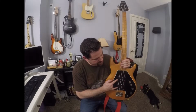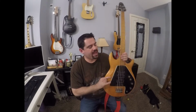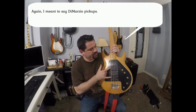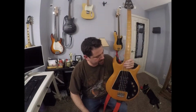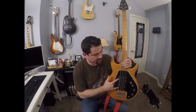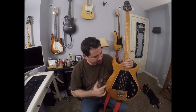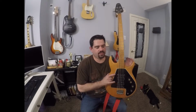What I'm guessing is they were trying to get a combination jazz bass, P-bass sound through buying the DiMarzio pickups. I don't know what the number was back then. I would say they're probably the vintage equivalent of the DB120 pickups. So I went back through, got it wired, and it really